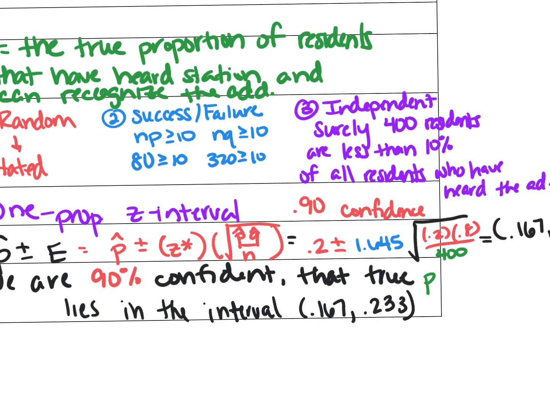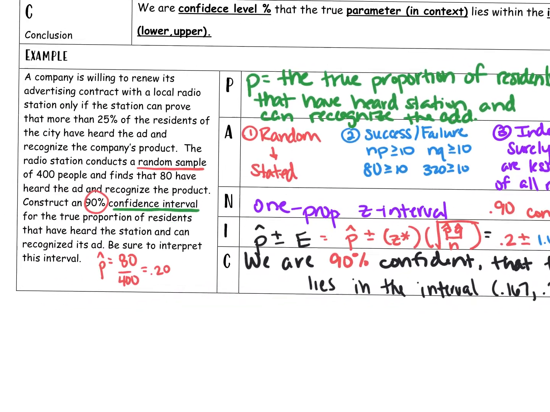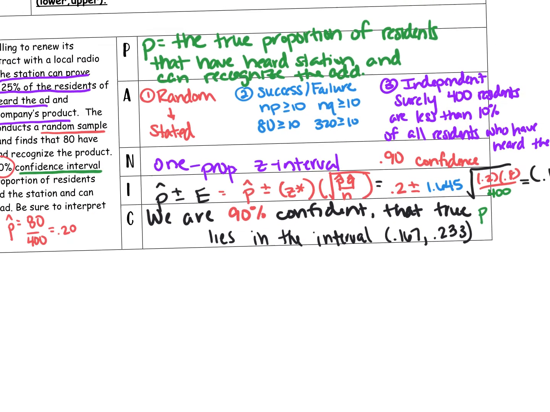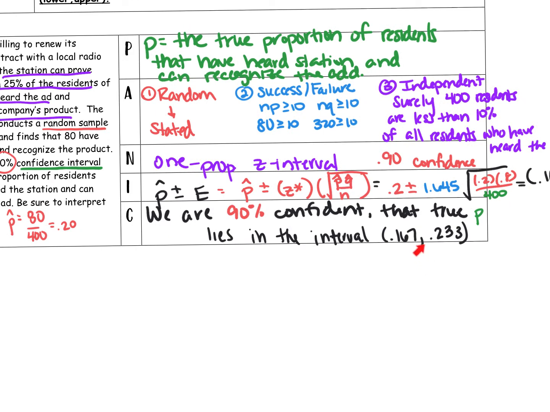And then the final part of this is to answer what was asked of us. The question says the company will only renew its advertising contract with the local radio station only if the station can prove that more than 25% of the residents of the city have heard the ad and can recognize the company's product. Well, from our sample, we're looking at this interval here. If 25% of the people can recognize the ad, we should have 25% sitting inside this interval. But because the entire interval is below 25%, we can say